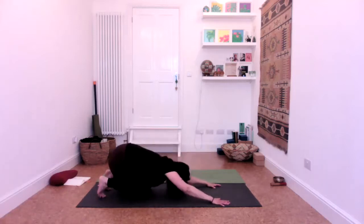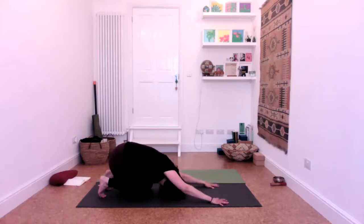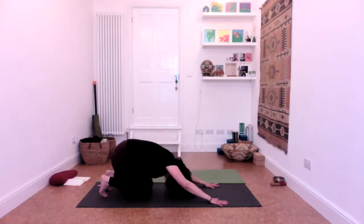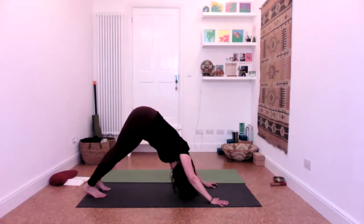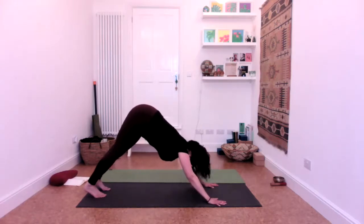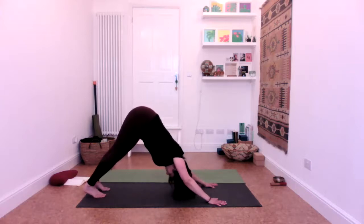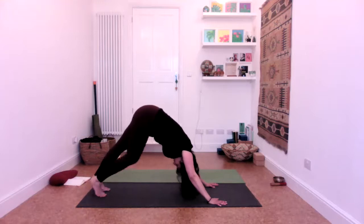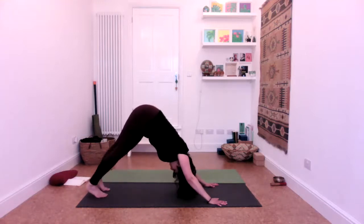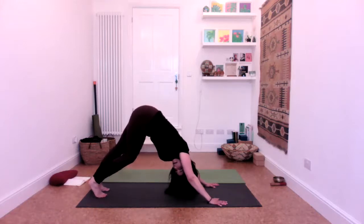Tuck toes, reach back towards the heels, spread the fingers, put that weight into the knuckles, finger pads, outer edges of the palms, little lift around the waist, wrists. Inhale to square up, exhale to lift the knees up and back. And even though normally in your first, and in this case last downward facing dog, you would leave your knees bent, and you can at this point, absolutely you can, but you might not need to because the legs are really well stretched. So just see how you feel, pedal it out,